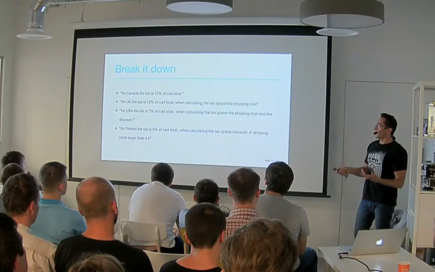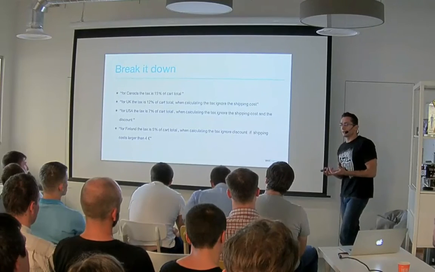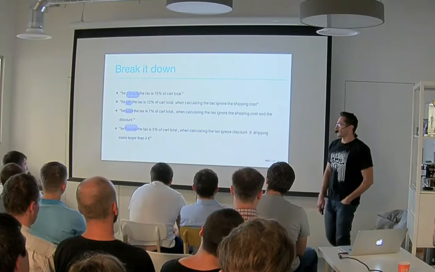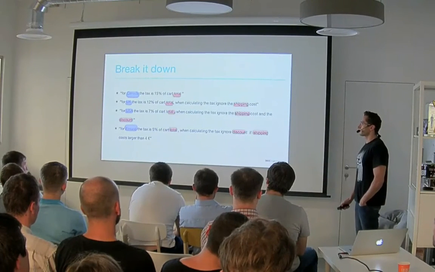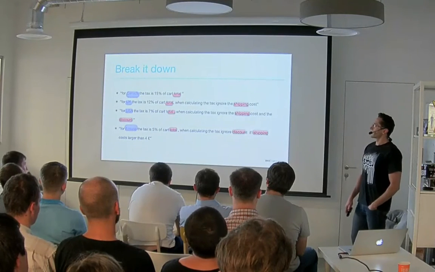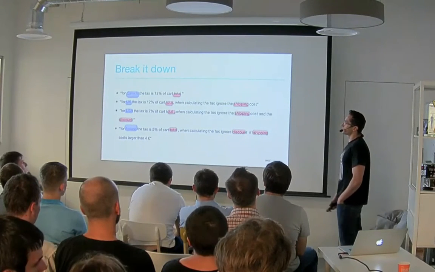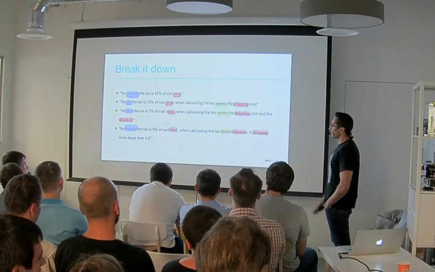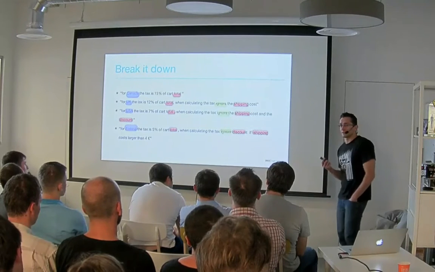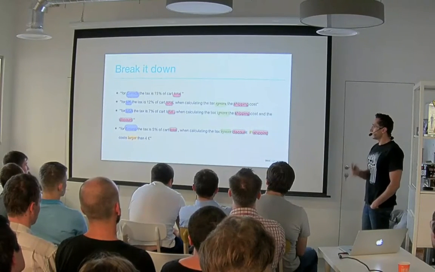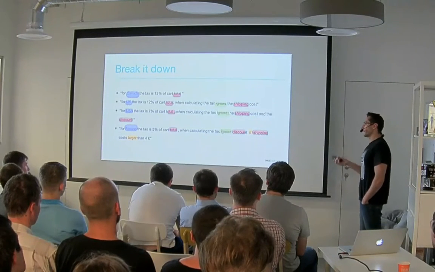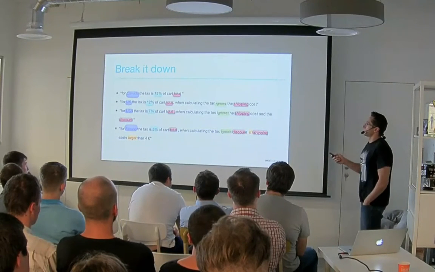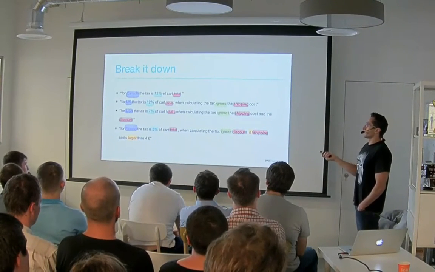So let's try to take the English requirements and break them down to build our common vocabulary. First of all, we have the countries our system needs to support. The second one, we have several cart fields that we need to address. We have cart total, cart shipping, and discount. We have our verb: we need to ignore stuff when a certain condition applies. And we have a predicate in the last one. If a certain condition applies, then we need to do something. And finally, we have the tax percent themselves.